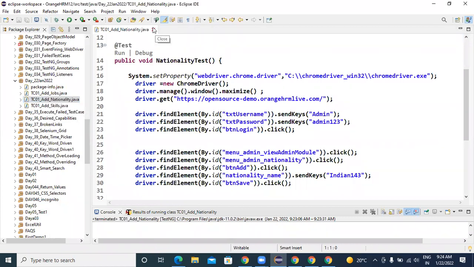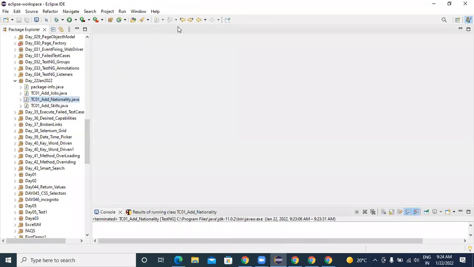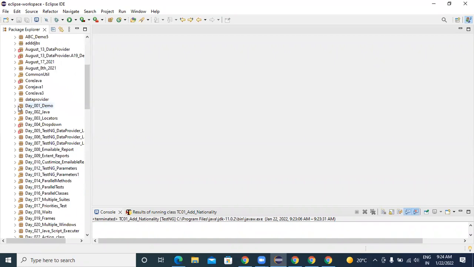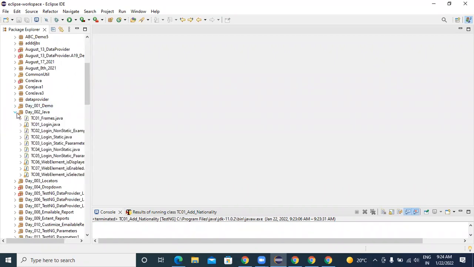Any website like this, it's the same process. We have to inspect the web element ID and we have to write it. Okay, right. So now we understood how to write set of driver instructions in main test. Okay. So now I'm going to tell you one more new concept. So in day 01, sorry, in day 02.